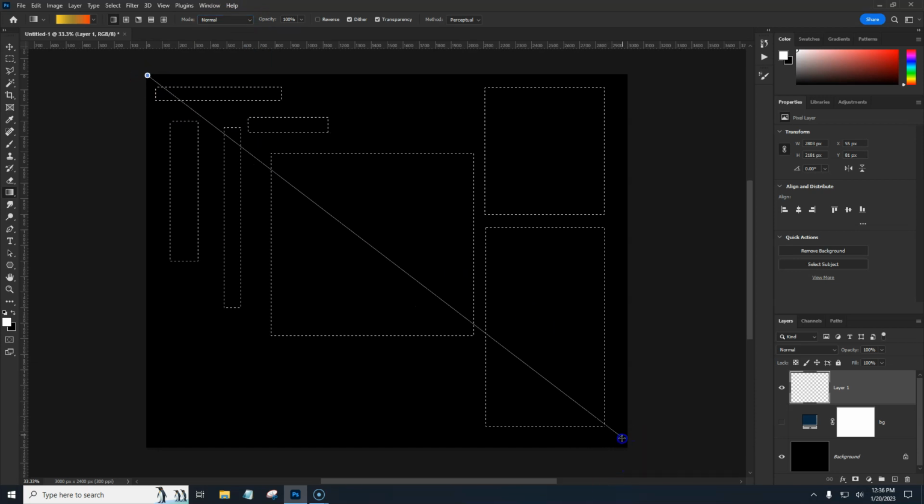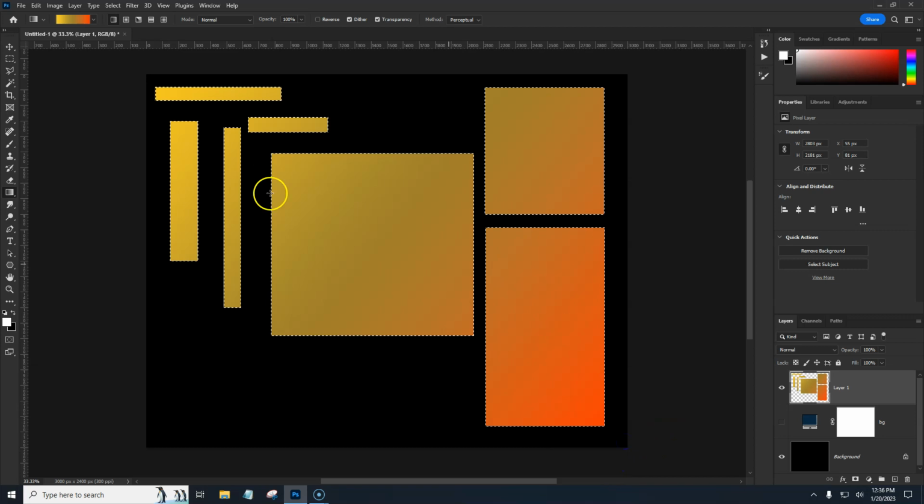And if I just drag from one corner to another, it will fill in those squares that we made with that gradient. And I can hit Control D to deselect, and we have this beautiful looking thing here. So now let's make something with the elliptical marquee tool, and it works the same. You can drag out your ellipse. If you're dragging and you hold shift, it'll be a perfect circle,